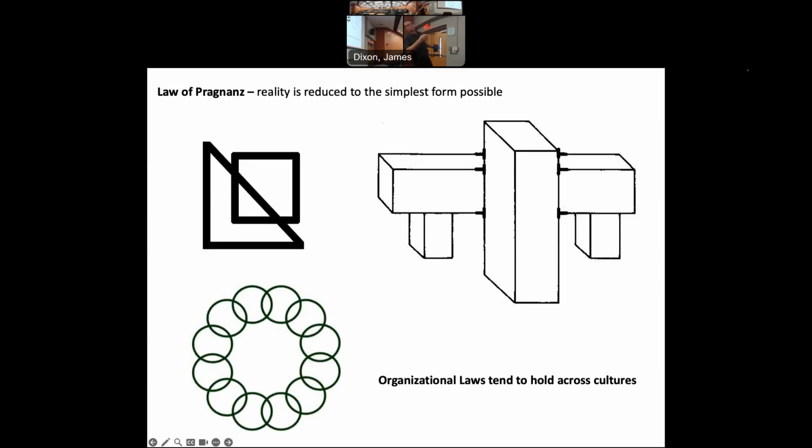So you can see that kind of at work in each one of these examples. We tend to see this as two figures, a triangle and a square. Of course, it could be anything, right? It could be how these things are connected in reality. I mean, imagine these are pieces of iron that you're seeing from a particular angle, like one of those iron puzzles, where you have to twist them around. You don't know that it's a square and a triangle. It could be a lot of different things that are connected, right? But that's how we tend to see it.